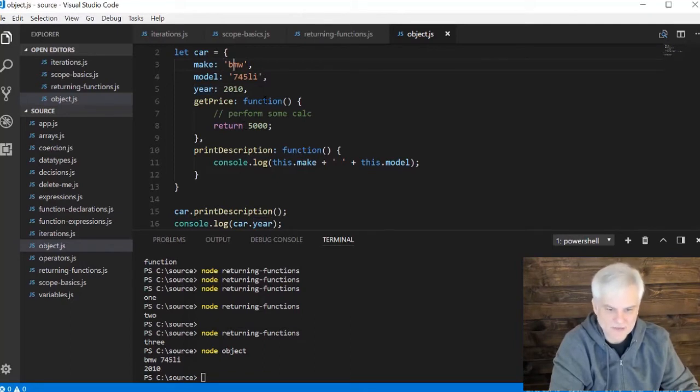In this case, I have a literal string BMW, a literal string 745 Li, and a literal number 2010 that represents the year. All right. And notice that the property and the value are separated by the colon character. All right. And then each property definition as well as each function up until the last one are separated by